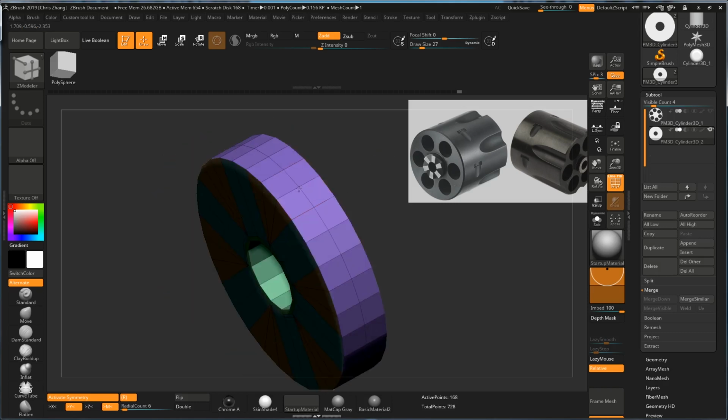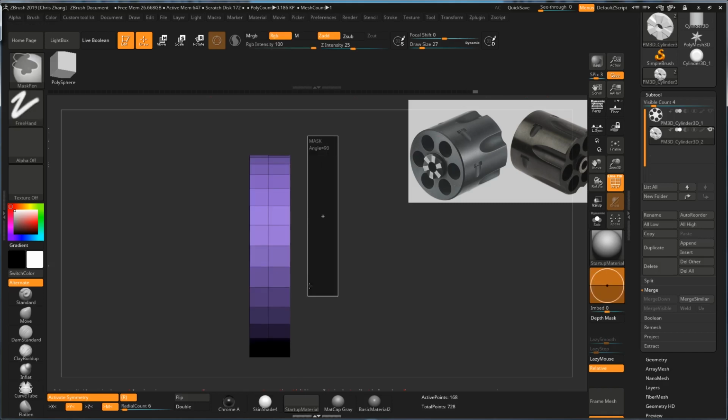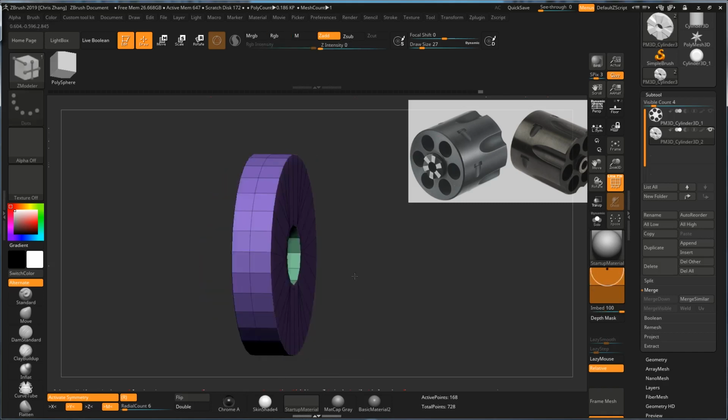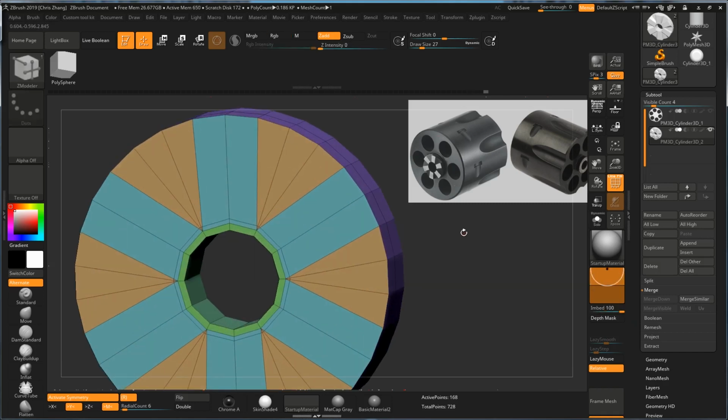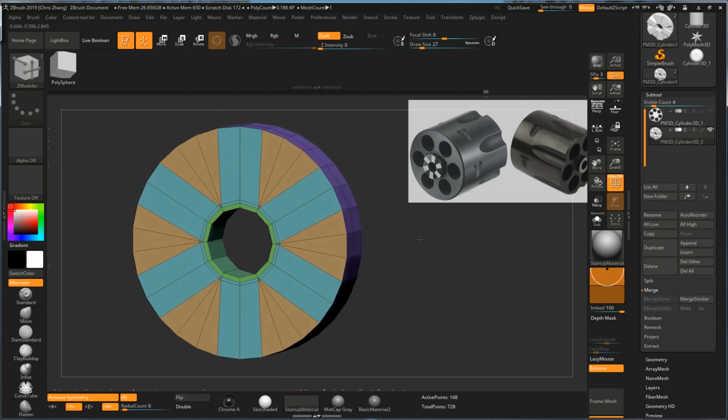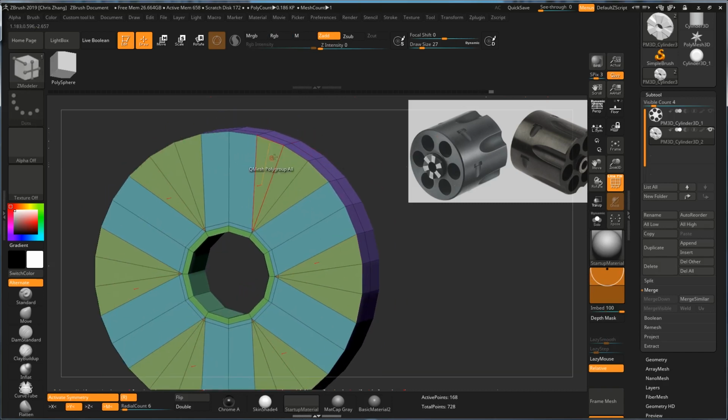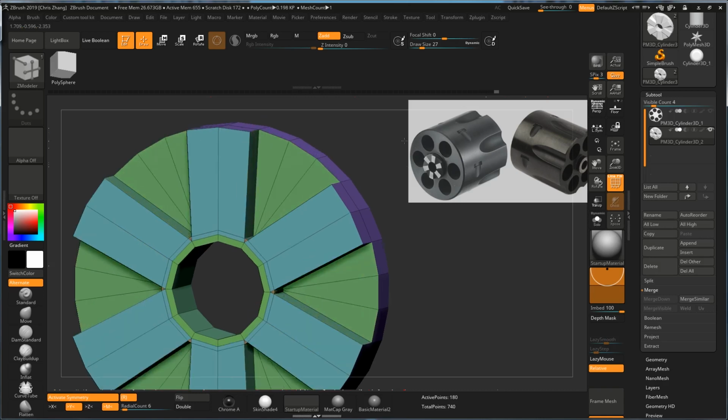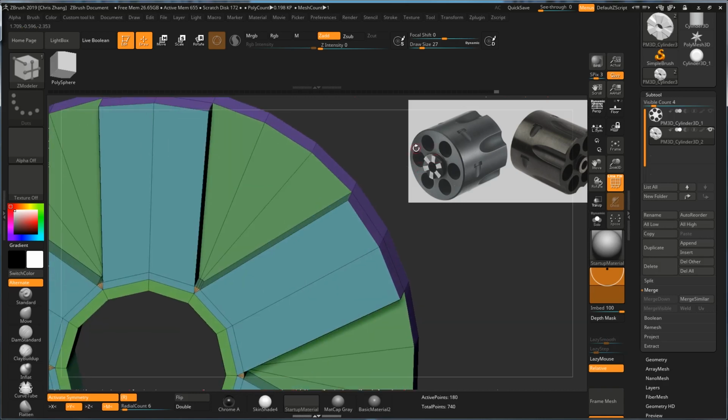Insert an edge loop. And I will assign these to a new polygroup as well. And I will QMesh polygroup all, bring them down, and then